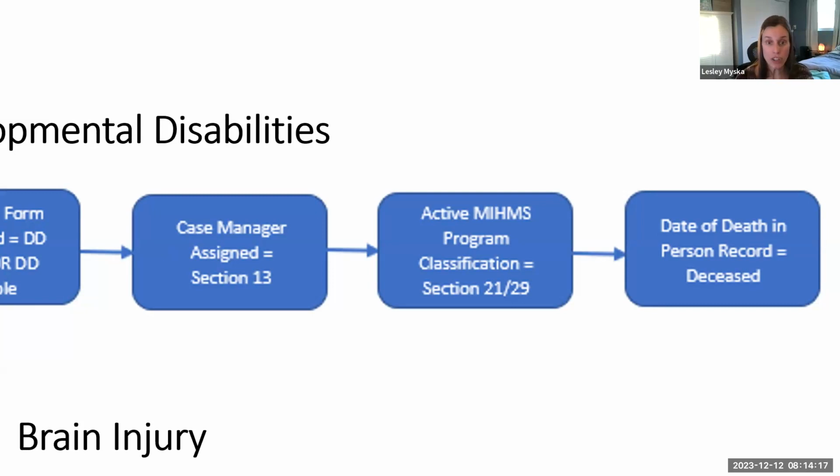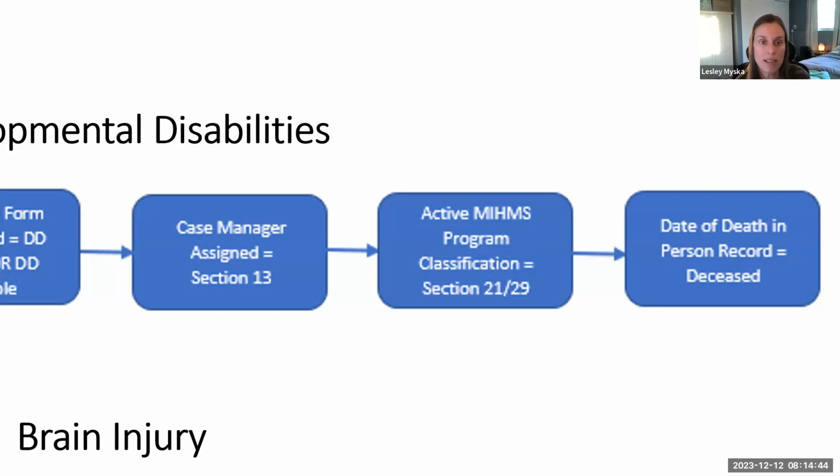Once the case manager assignment has been made, then the person's record status will update to Section 13, indicating that they are receiving targeted case management. Once that has occurred and the case manager has been assigned, the case manager or care coordinator, we'll do care coordinator afterwards, the case manager will create an initial comprehensive assessment,